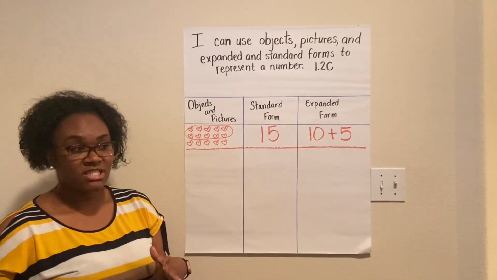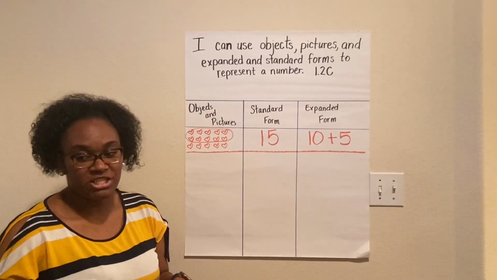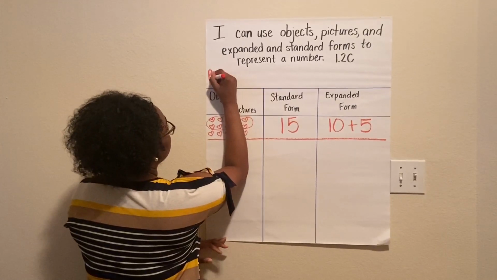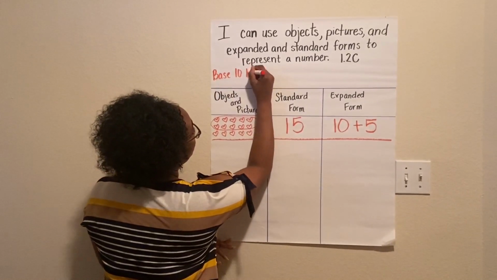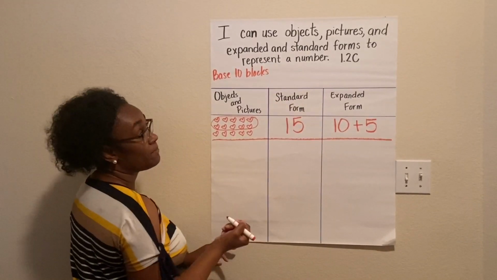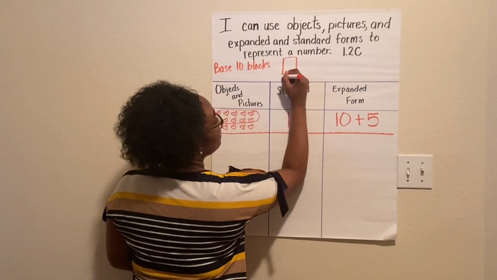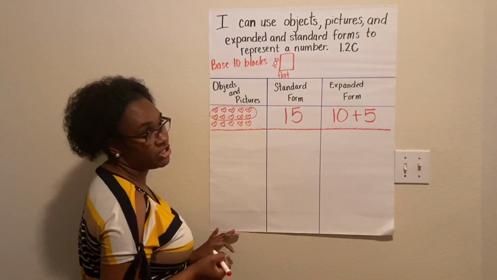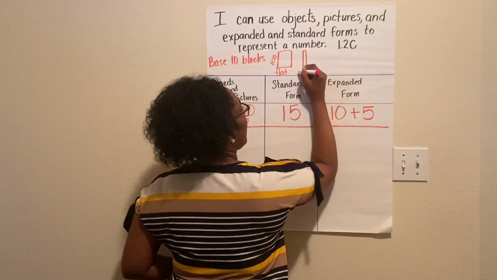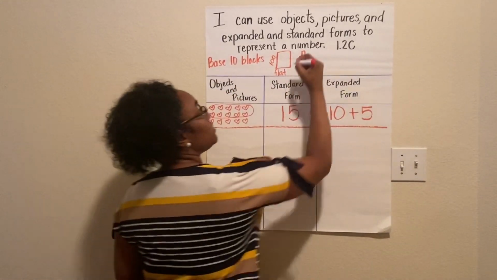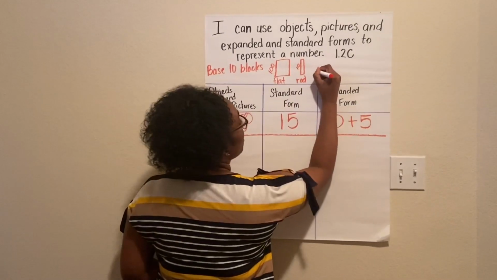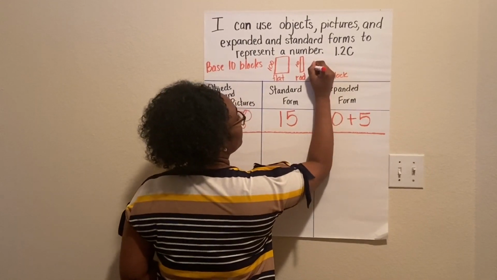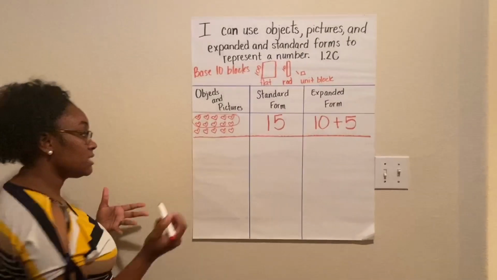When we get to larger numbers, and we're drawing it out or using objects and pictures, the easiest way to draw it would be using base 10 blocks. So we have our base 10 blocks. The first one is called a flat, and a flat is worth 100. And then we have a rod. A rod is worth 10, and the smallest block is a unit block. Our unit blocks are simply worth 1. So if I were to draw out this number, I would have